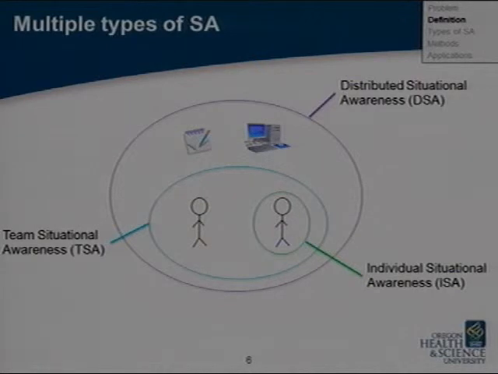So in the next few slides, I'll give a more in-depth description of what situational awareness is, because just describing it at the level of, it's knowing what's going on around us, is not sufficient for being able to operationalize and measure the concept. As I've dug through the literature, I've noticed that there are different levels of situational awareness. There's an individual situational awareness, there's a team-based situational awareness, and there's this concept known as distributed situational awareness.